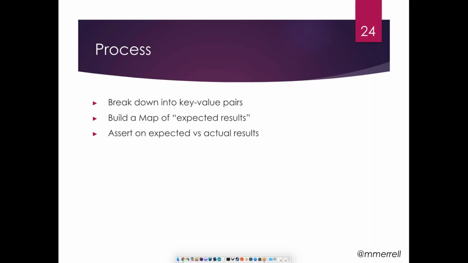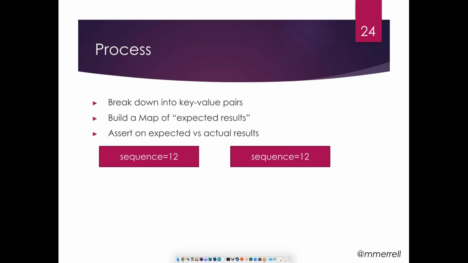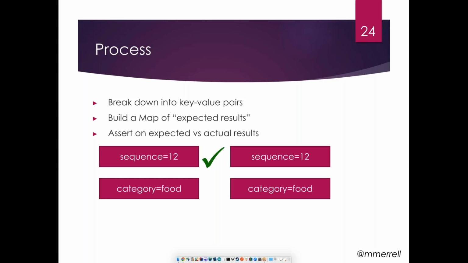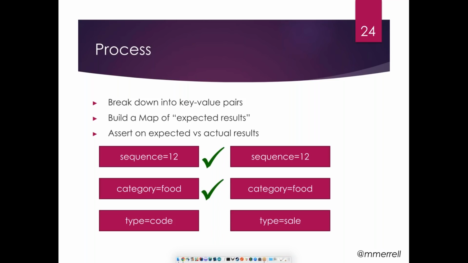And then once you actually intercept the request that's gone through, you're able to do matchmaking. You compare the expected map you built using Selenium data to the actual result that you got from using the proxy. And you're able to say, yeah, these things match. But hey, I clicked on a code coupon, but it said it was a sale coupon. Now something is wrong, and it will throw an error message.